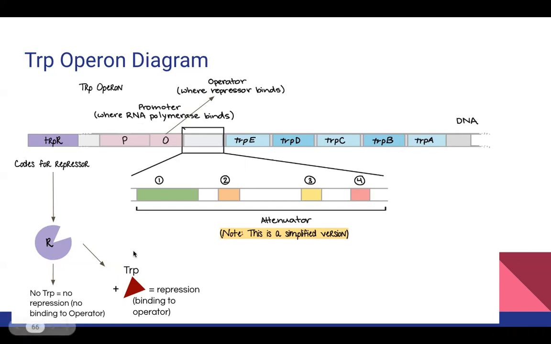The same thing can happen in medium levels of tryptophan in the cell. If there's not enough to bind to the repressors to activate them to go in the operator, that leads to attenuation, which is controlled through this attenuator sequence, and that'll be shown in the next couple of slides as well. So in low levels of tryptophan, they won't bind. In high levels,